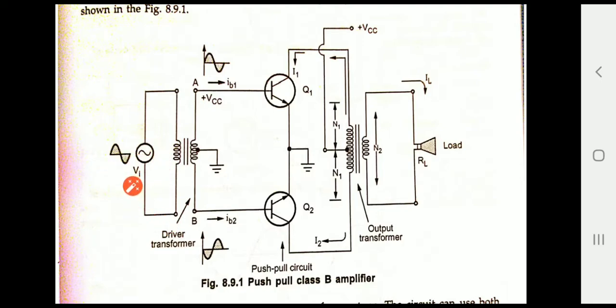So during the negative cycle, node A gets the negative, node B gets the positive. So because of this, Q1 is off, Q2 is on. So when Q2 is on, the collector current I2 flows through the upper half of the primary winding of output transformer towards the collector terminal and reaches the ground here. So at this time, the same current again flows through the secondary winding of the transformer as a negative cycle and reaches the load of loudspeaker. So like this, both the transistors Q1 and Q2 are utilized for 180 degree of the input cycle. Hence it is a class B amplifier.